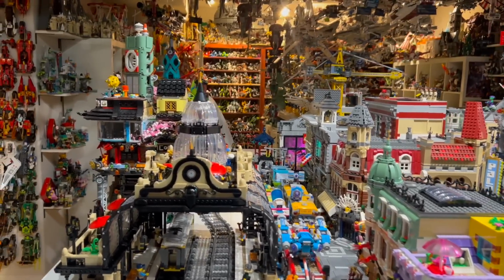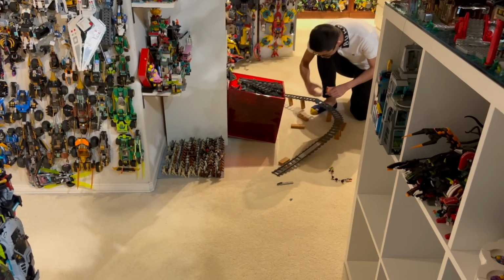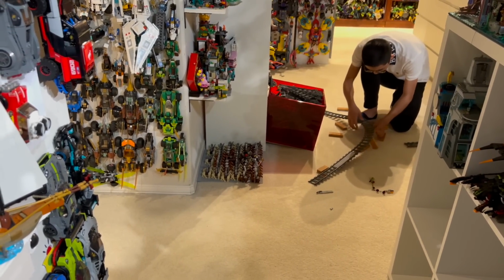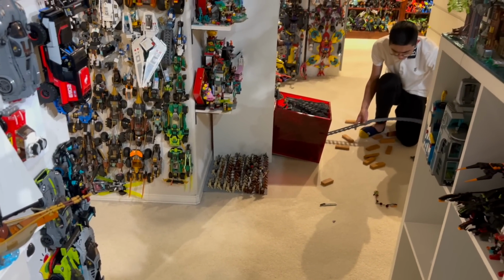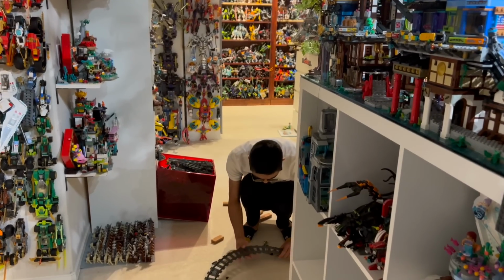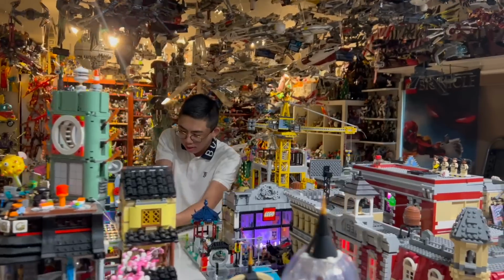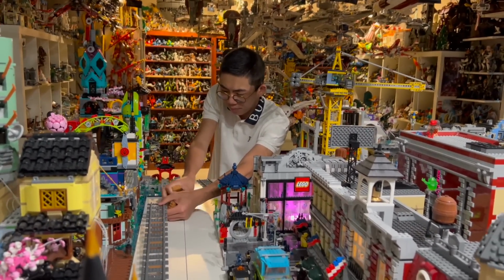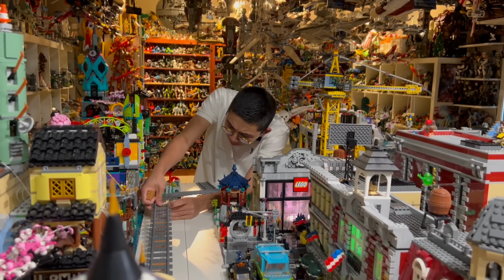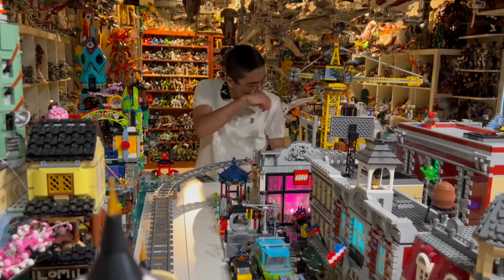Okay, so what I've got is a ton of different support pillars here from the existing track that I just took down. So let's go ahead and take these off. Okay, so this is a set of track that we can use. Now, what I've got here is a number of flex tracks just to be able to curve us around. So let's start the curve here. Continue the curve here. Still, I could be doing more with the space, I think, but I also feel like maybe